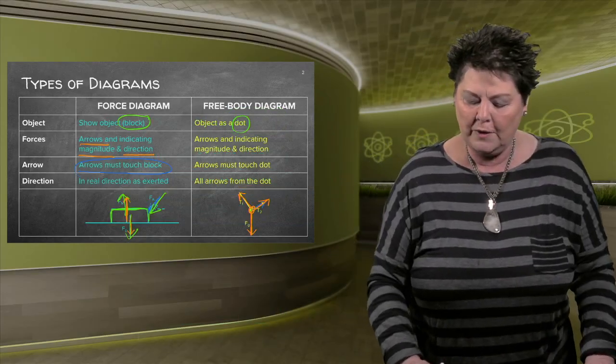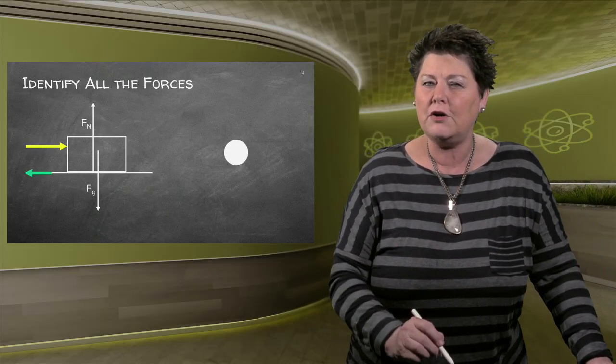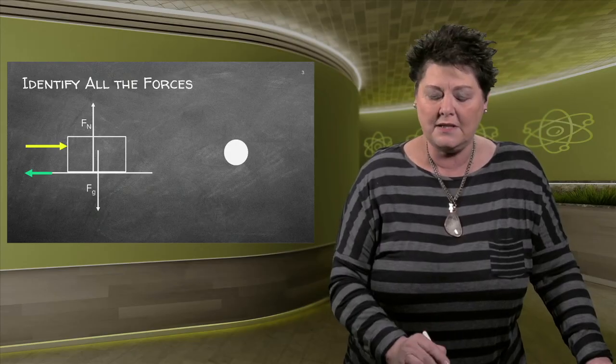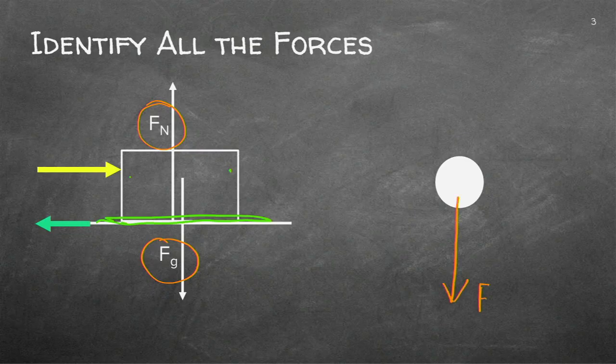Now let's see what we are going to do when we work on a slope. Firstly, let's just have a look at the horizontal, which we did in a previous lesson. We've got the surface there, we've got the block. The first step that you take is to identify all the forces. So what do I do if I have a diagram like that? I firstly identify the normal and the gravity. I usually do the gravity first because I know what it is. It's downward. So I've got the gravity down there, and I always have to label my forces.